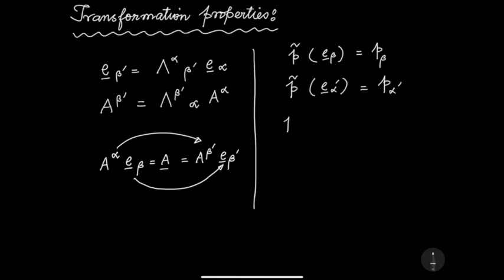But this I can also write as E alpha prime. We know how to transform, so I can write this as lambda beta alpha prime E beta. These are numbers, they're not vectors. So again, using the linearity rule, they will just come out, and I will be left with